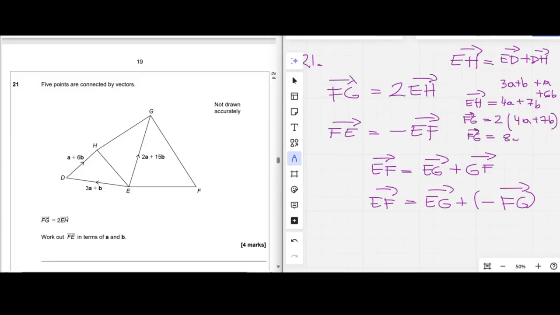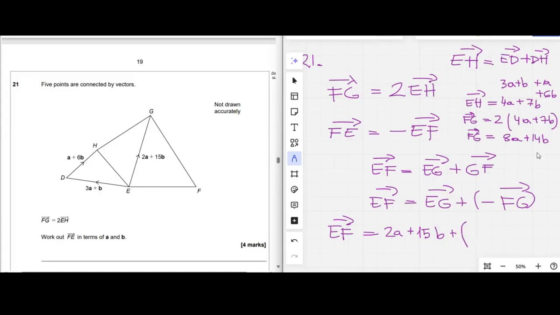So 8a plus 14b. Negative will be just with negative signs, and EG, we have EG already. Okay, so I think we have all needed. EF is EG, 2a plus 15b